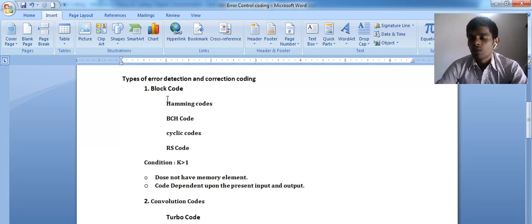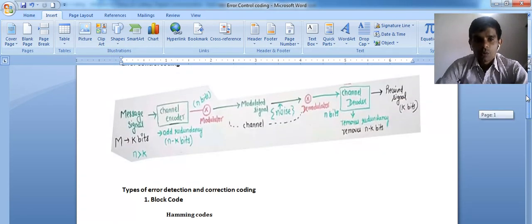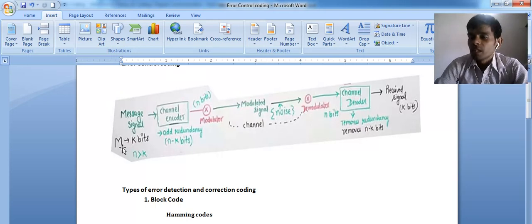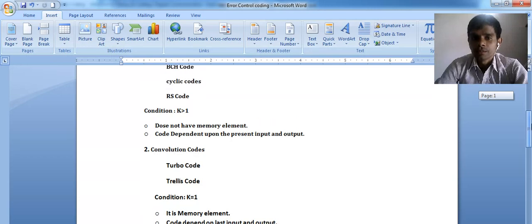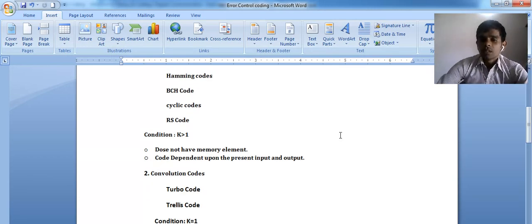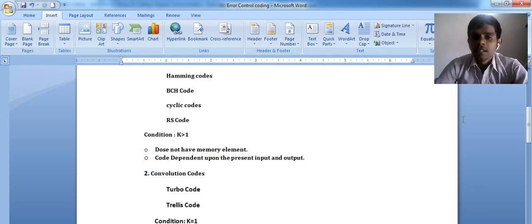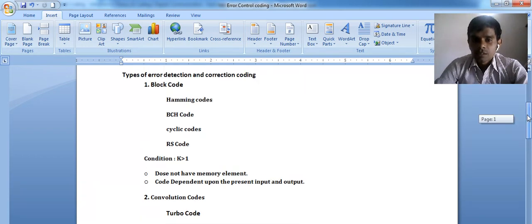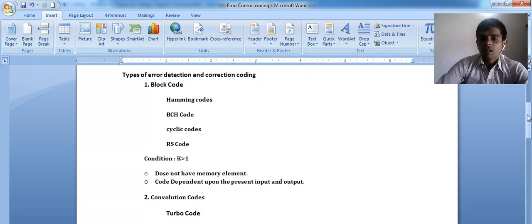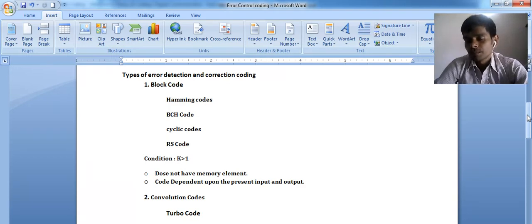If I am talking about the block code, it means k is greater than 1. What is k? K is your message in the form of bits. If k is greater than 1, it means it does not depend on present input or output. It doesn't have any memory element.